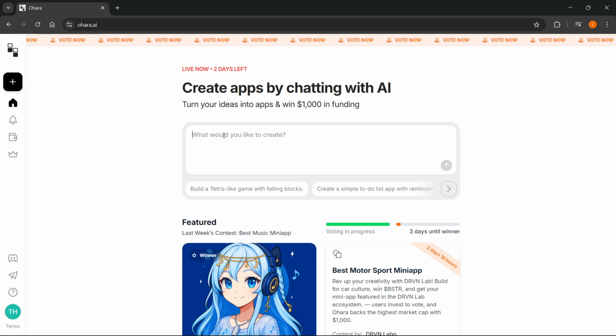Simply go over here where it says, what would you like to create? And down here at the bottom, as you can see, there's a bunch of different options you can actually do. But for this instance, what I'm going to create now is a simple calculator. So I'm going to type in create a simple calculator app with great user experience. There we go. I misspelled calculator, actually. There we go. Now after that, you want to click on this button over here and it's going to